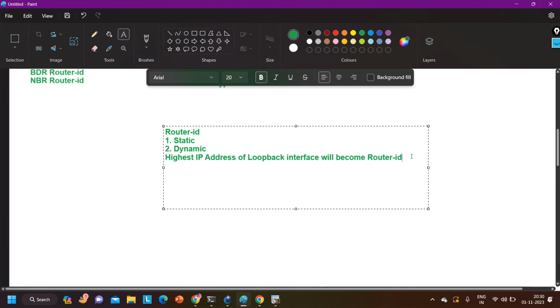And if loopback does not exist, then highest IP address of physical interface will become router ID. Fine. Okay, so see